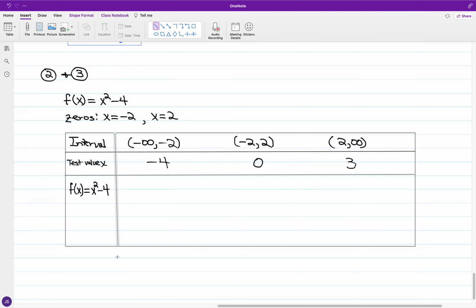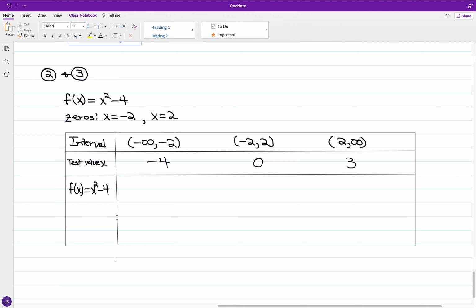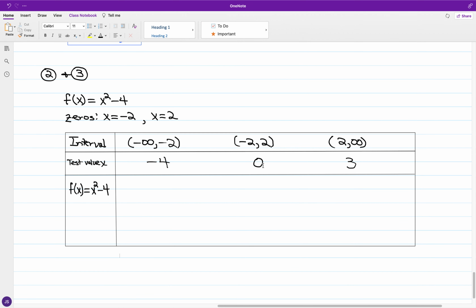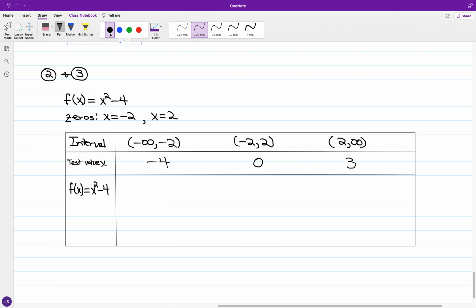And just separately, in case I have f of x equal to x squared minus 4, I want to find out what the value of f of x is going to be for each of the selected test values, the inputs. So we have negative 4. If I go with f of negative 4,